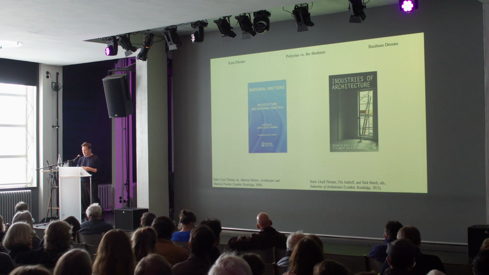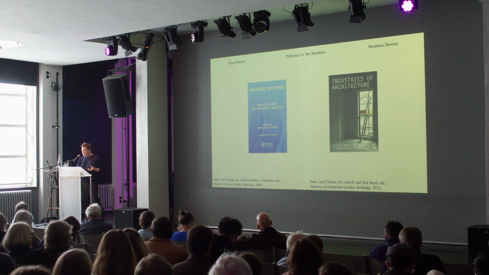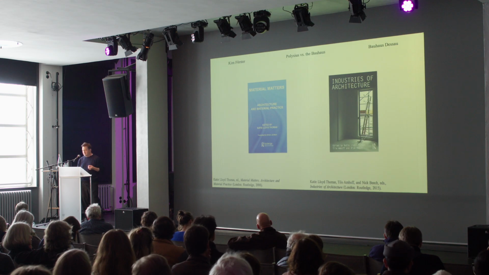And despite this, Polysius' role in architectural history remains underrepresented, an exception being the work of Monika, which we will hear about more, and together with Robbie Fivers on Polysius' activities in sub-Saharan Africa, where it built plants in Belgian Congo, among others, during the 1920s. And the cement plant industry, in line with Katie's concept of industries of architecture, therefore warrants a historiographical revision to include the extraction, production, transport, and distribution of building materials. And the Bauhaus building would thus be one of those materializations.